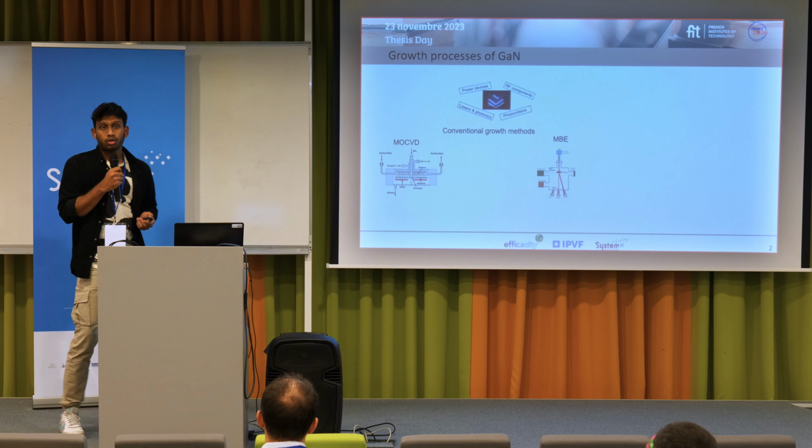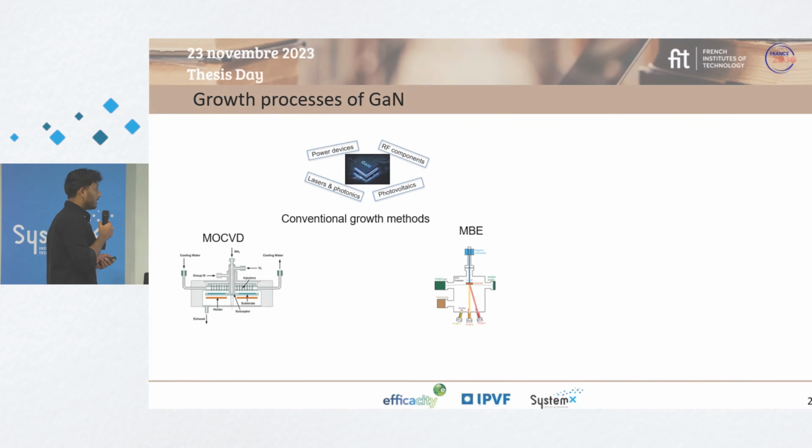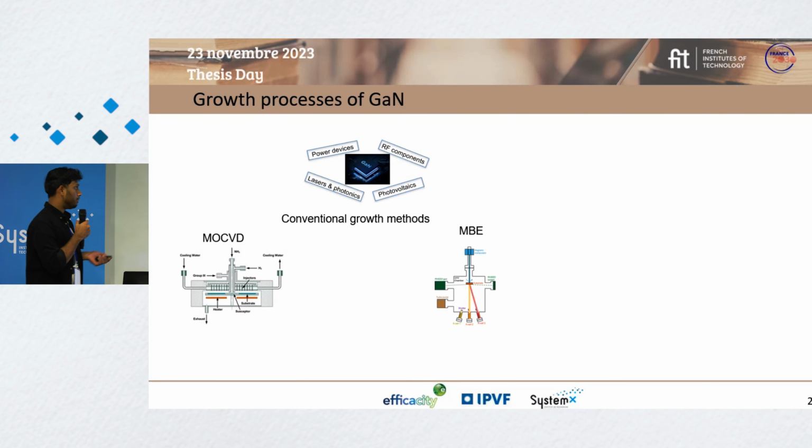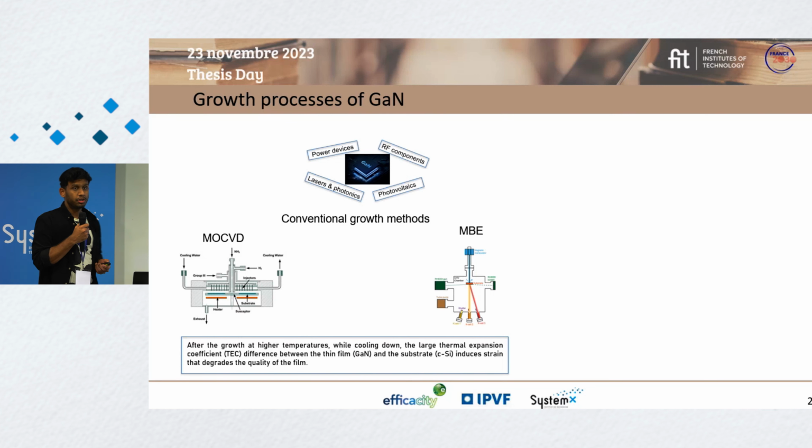If you focus on the growth process of gallium nitride, conventionally it is grown by two methods, MOCVD and MBE, which are metal organic chemical vapor deposition and molecular beam epitaxy. I won't elaborate much on this, but these processing techniques use high temperatures, which is more than 700 degrees. And if we focus on heteroepitaxy of gallium nitride on silicon substrates, then at these high temperatures, after